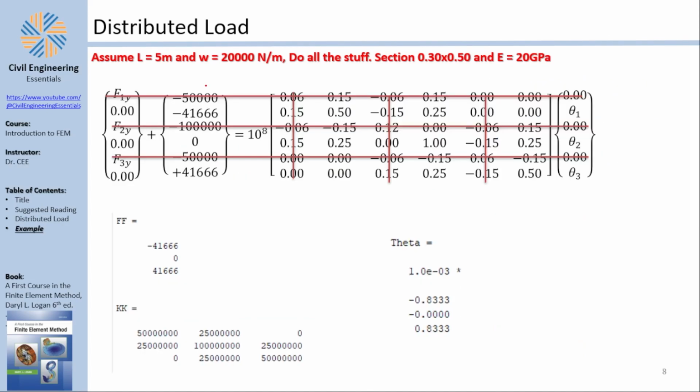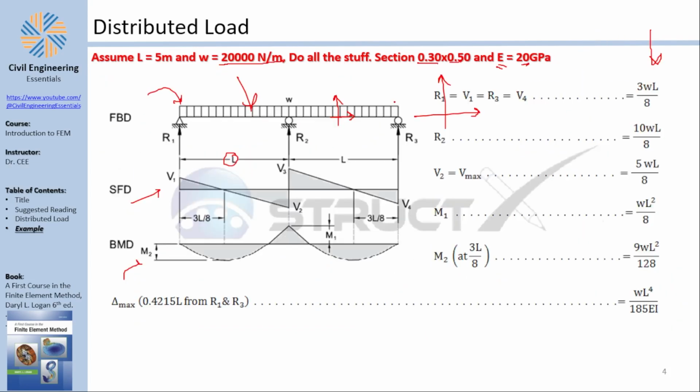Of course, now we have our finite element problem. You have the force vector, you have the stiffness matrix, and the displacement vector. Of course, I know some displacements because I have pins and rollers. At the pin, there is no displacement in y. At the other roller here, there is no displacement in y because take a look here. You have no displacement in y at node number 1, no displacement in y at node number 2, and no displacement in y at node number 3. But you have rotation at node number 1, you have rotation at node number 3, and because of symmetry, you